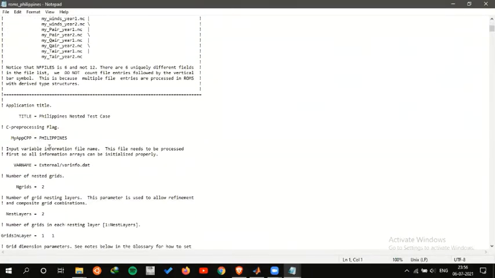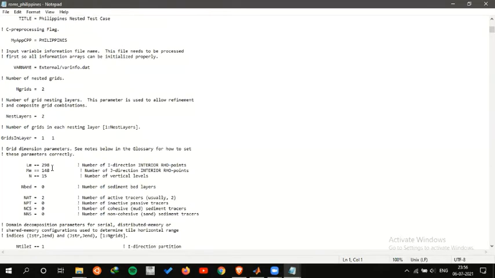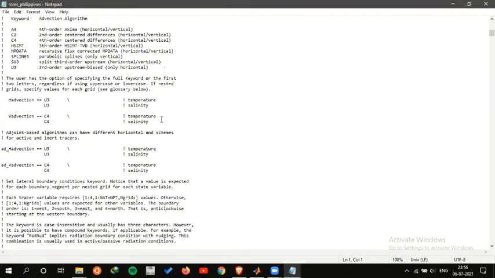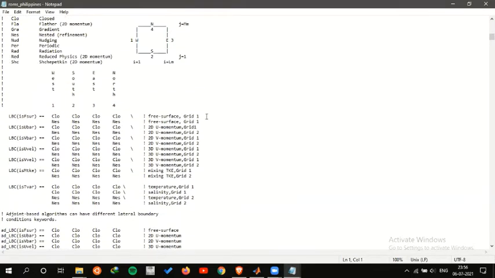Then what I'll do is I will enter all these values: title, my CPP application name, the dimensions of my parent grid, 298 148. Then I will have the entire NJ as per your system. Now change the number of NAT to 2 in order for the system to work. These all, nothing needs to be changed. These are the things that need to be changed.